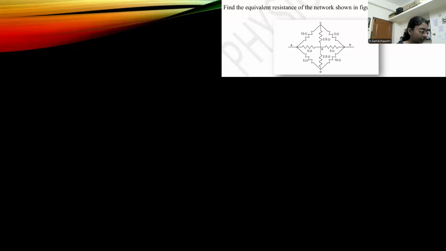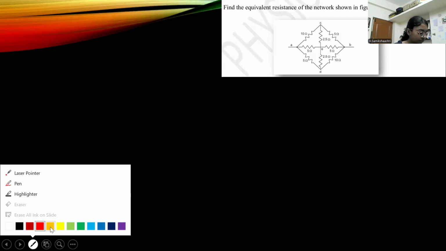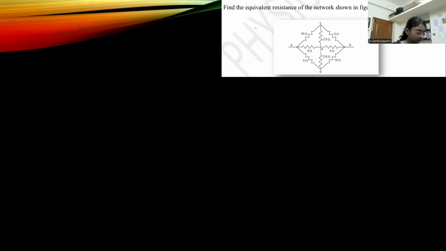First of all, read the question carefully. Find the equivalent resistance of the network as shown in the figure between the points A and B. It's a very easy question. It looks very tough, but it's very easy. Just look here. Draw it again